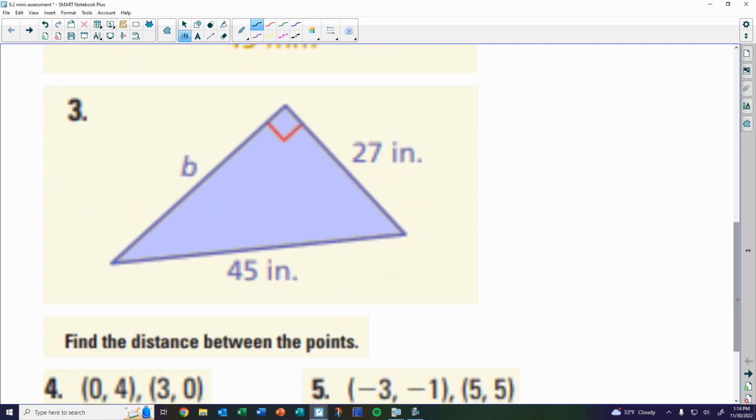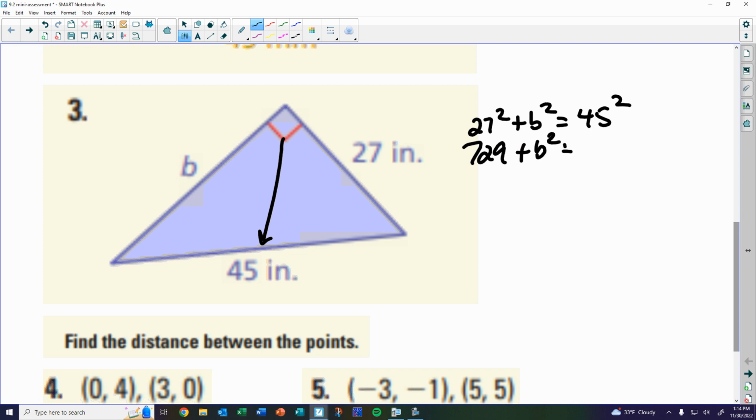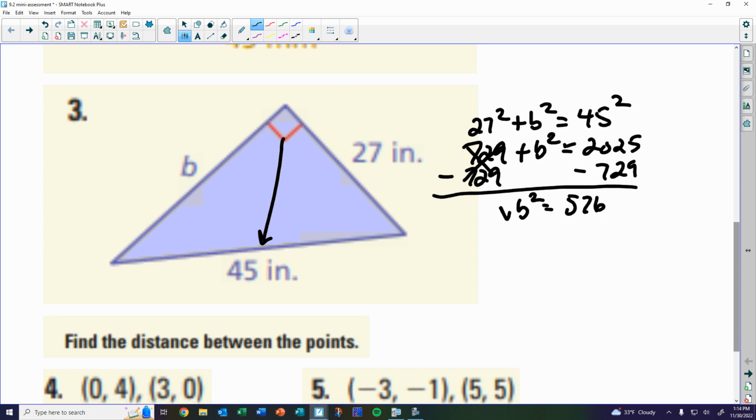All right. Number 3, we had to find another leg. This is B. So 45 is your hypotenuse, opposite the right angle. So 27 squared is 729. And 45 squared, yeah, we did that one already, 2025. So when I subtract 729 from both sides to get b squared by itself, 576. And when I square root both sides,